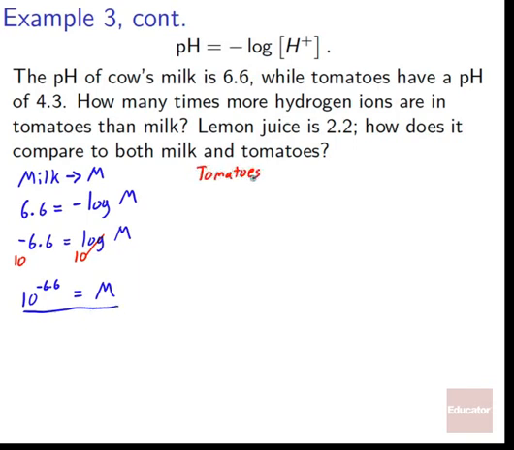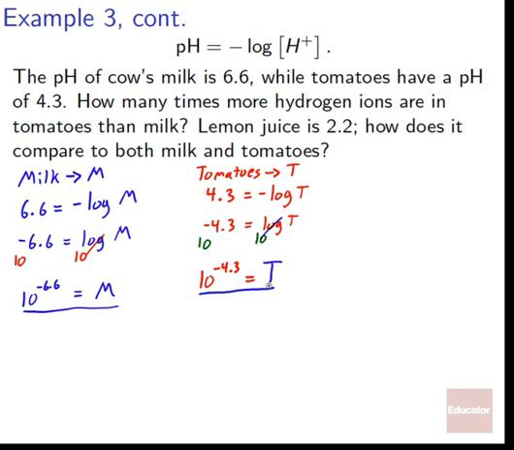Next, let's do tomatoes. For tomatoes, we'll use a T to denote their hydrogen ion concentration molarity. So we were told 4.3 is equal to negative log of T. Negative 4.3 equals log of T. Once again, we raise them both up with a 10 underneath, so we get 10 to the negative 4.3 is equal to, and remember, since 10 and common log, log base 10, cancel out, we're left with just T. So 10 to the negative 4.3 is the molarity concentration of ions in tomatoes,